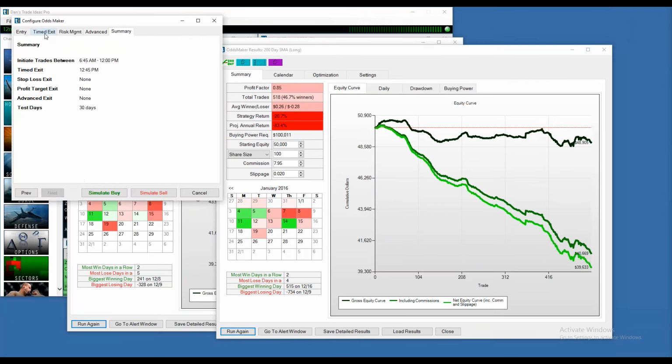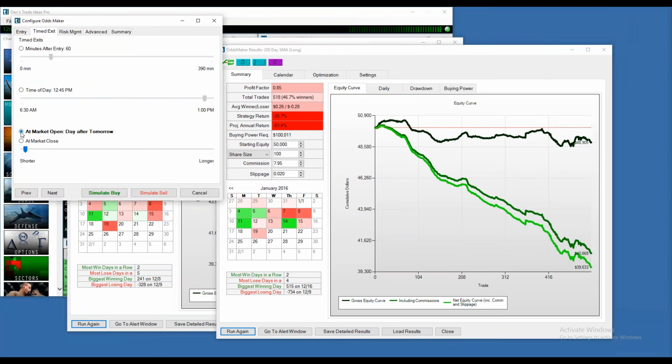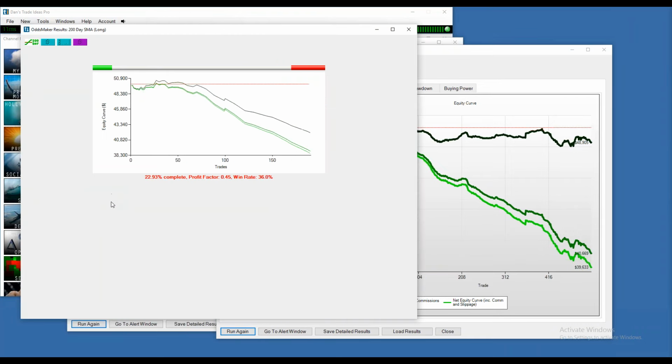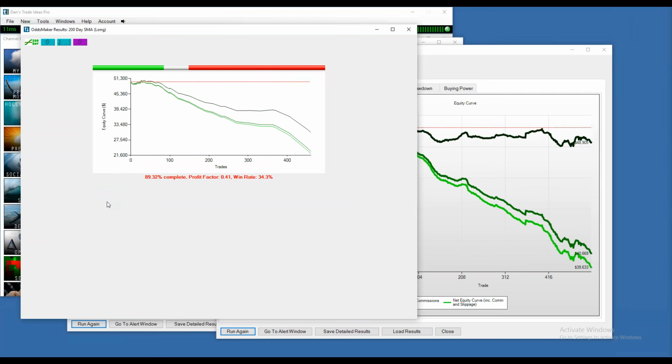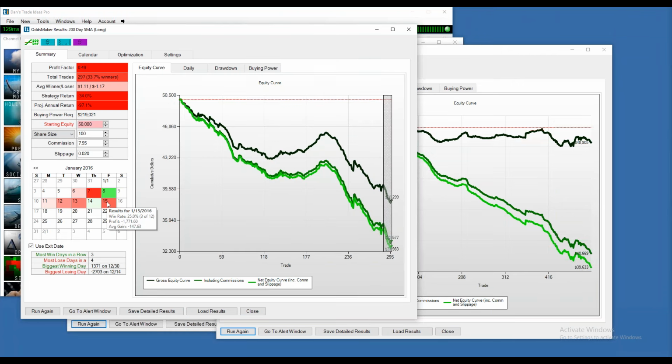Again, notice that with one click of a mouse, I can say, okay, how about if I hold it for 5 days? And once again, the software is testing whether the 200-day moving average is a good inflection point in the current market environment. I guess you all pretty much know that the answer is no. But you learned something, okay? You did not know that.